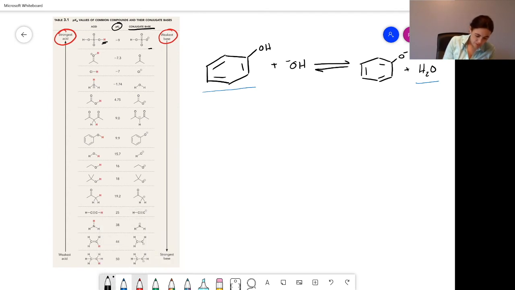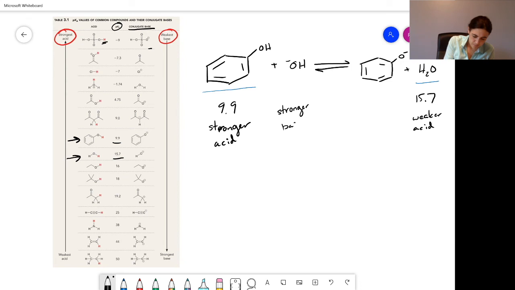All right, so then we go to the table, and we see that phenols sit right here. They have a pKa of 9.9. Water is right there with a pKa of 15.7. So we know that a lower number is a stronger acid, which means that in this case, phenol is our stronger acid. This is our weaker acid. And this is therefore our stronger base. Right? So we want to form the weaker acid. We want a weak acid and a weak base. Therefore, the product side